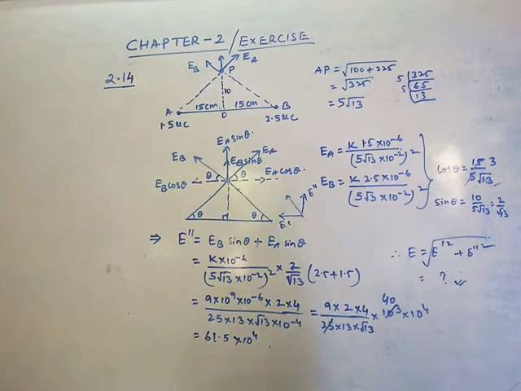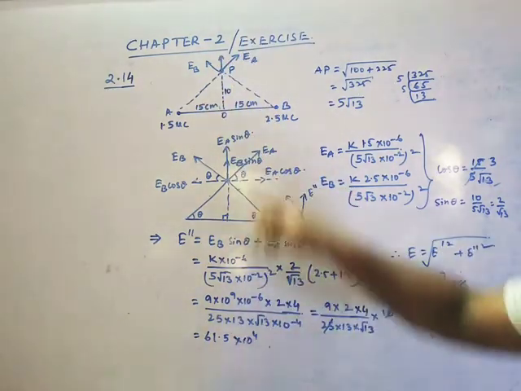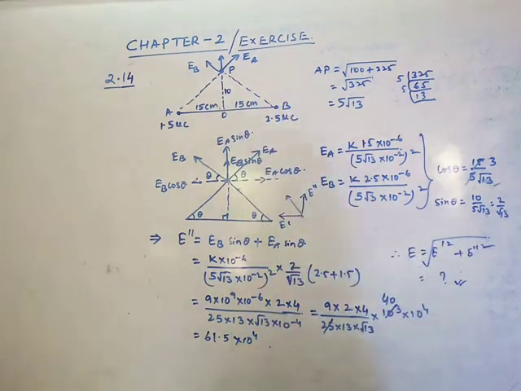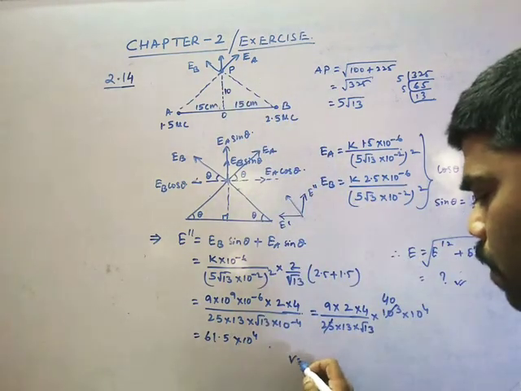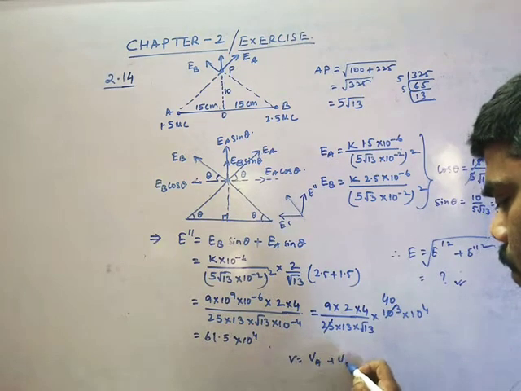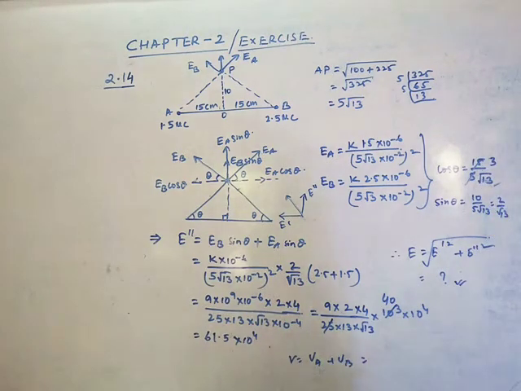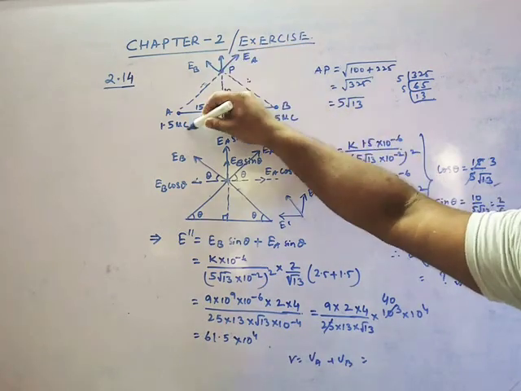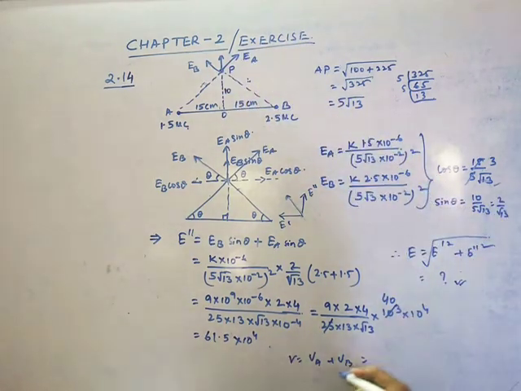Sorry, one more point is left here. It is potential. And potential at this point, what will it be? It is 10 centimeter, so the distance is different now, right? So do this one also. The net potential is equal to VA plus what? VB. Will it come in this? The distances are the same in both. Is it right? Charges are different here. So it will come only in addition.